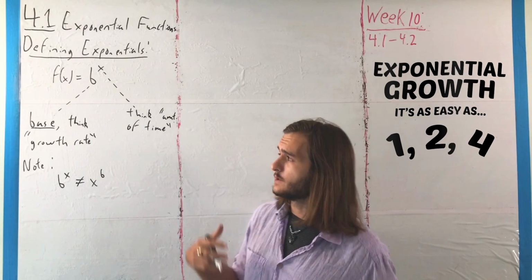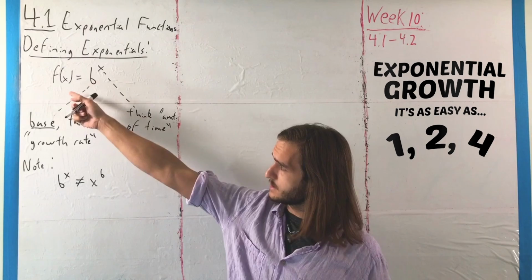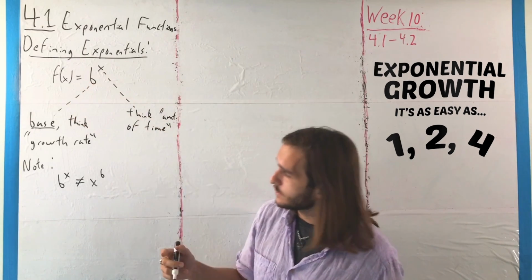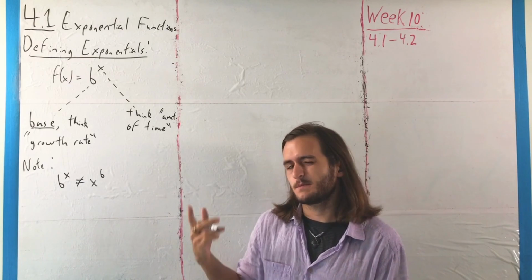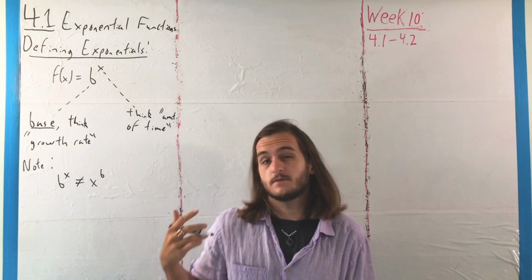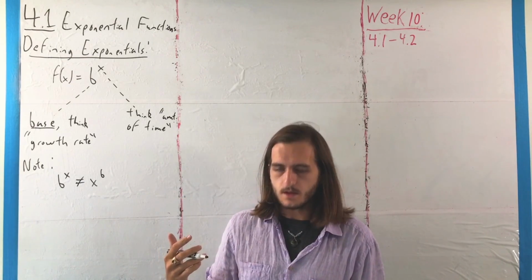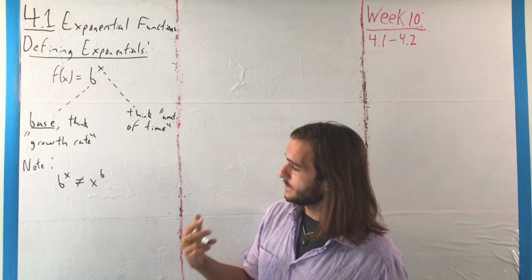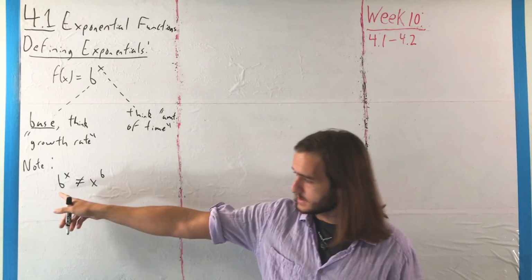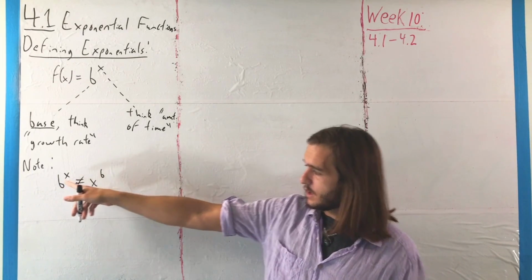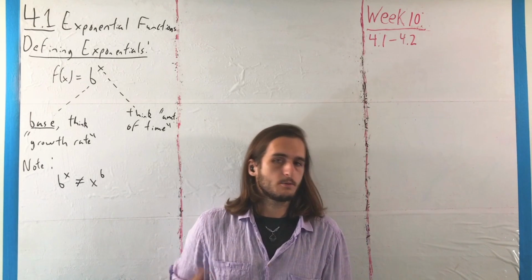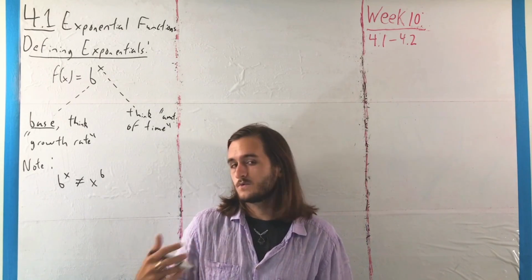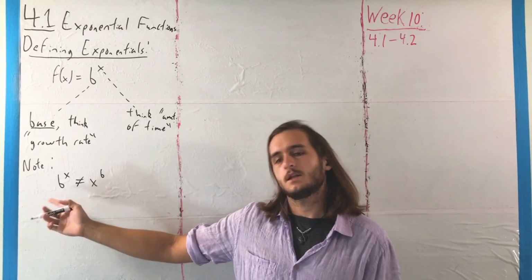For exponential functions, we are dealing with things of the form f(x) = b^x, where we call b the base and x the exponent. Something very important to know is that b raised to the power x is not equal to x raised to the power b. That is, exponentials and polynomials are fairly different things, where over time exponentials tend to be